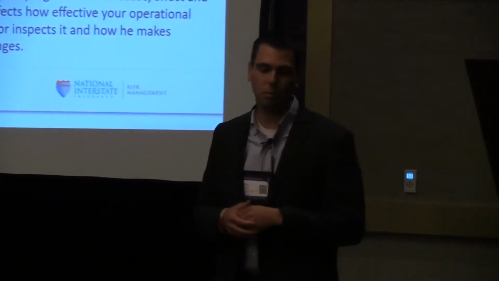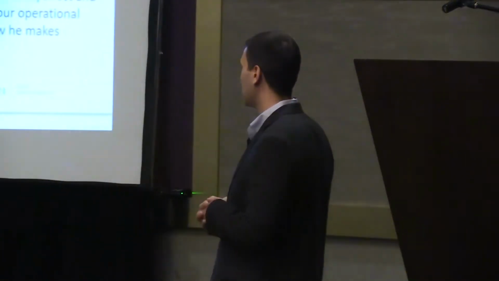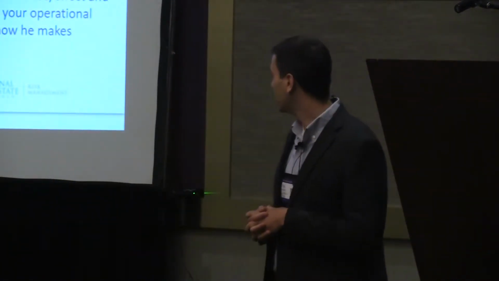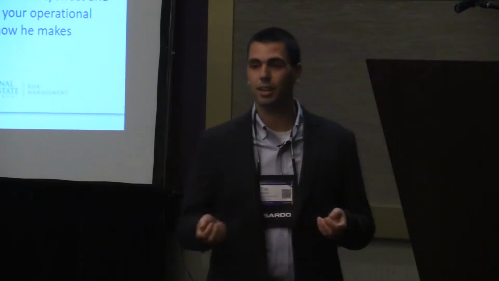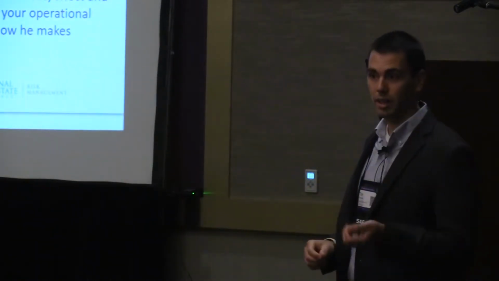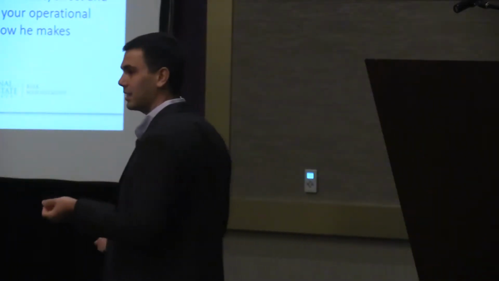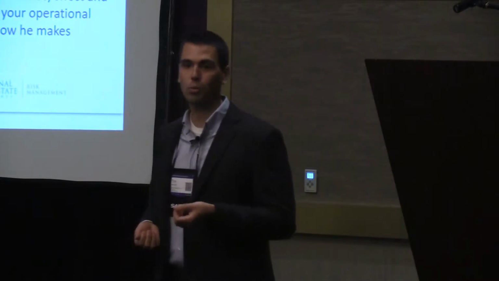So there are multiple methods to getting to the root cause of a loss, and I'm going to go through a couple today. The first one is more of a systematic approach. It's up here. You have 4 different categories: people, equipment material, processes, and environment. Your root cause can come from one category or multiple categories, because remember that definition in the beginning, that last sentence. There's often more than one root cause per loss.